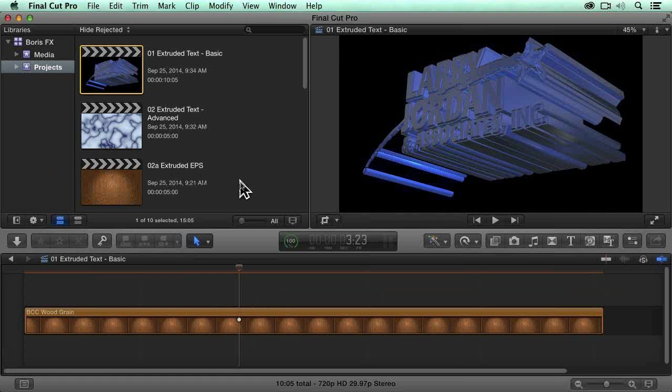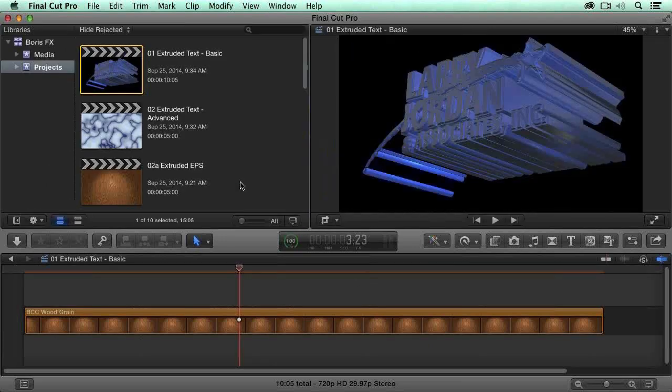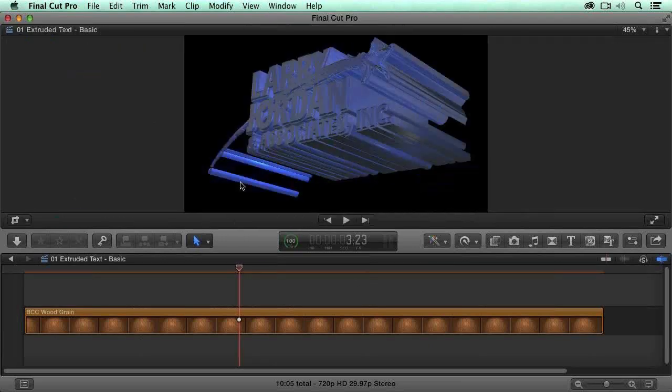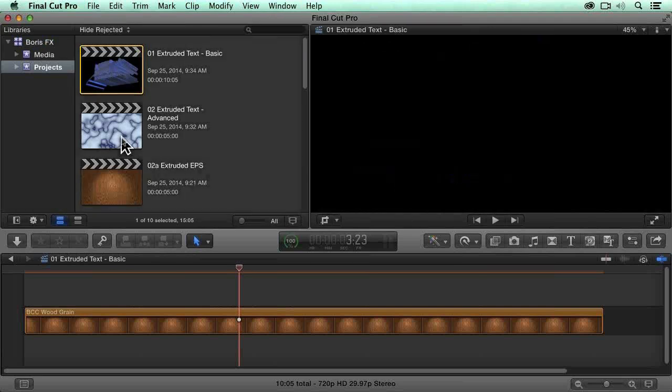If you type Control Command 1, it makes the browser and the library list disappear, which gives you more room for looking at the inspector or scopes or the actual picture itself. So if you're wondering how that manages to appear and disappear all the time, Control Command 1 is my new best favorite keyboard shortcut. In order to apply extruded text,